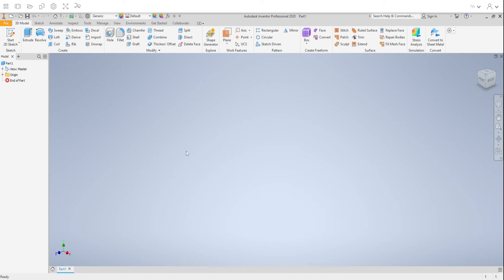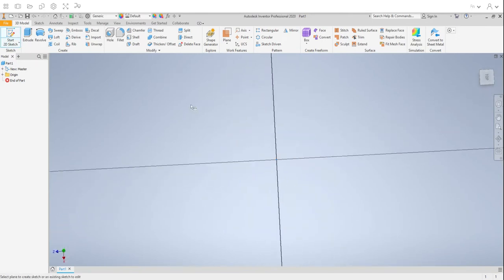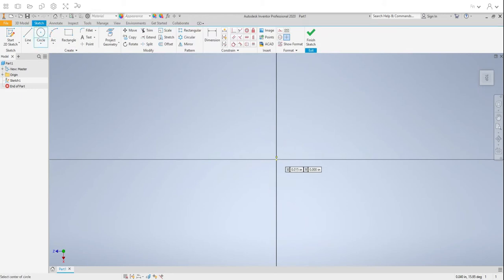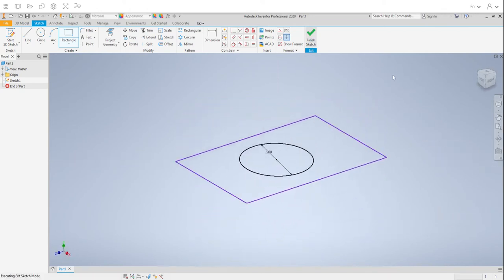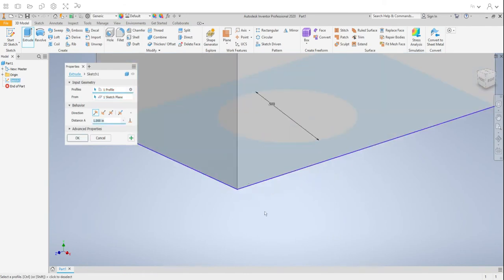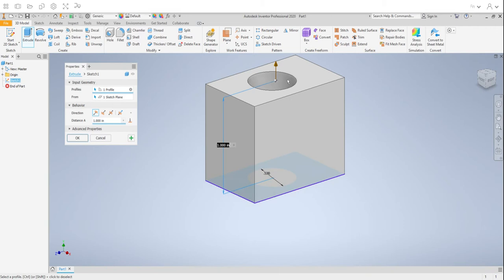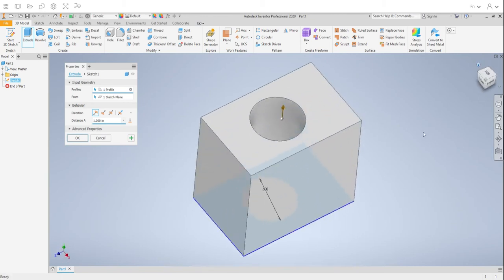All right, so we're going to discuss a couple different ways to make holes in Autodesk Inventor. The first way we did on part 1 of worksheet 3, and that is if we make a circle that has the diameter of the hole that we want, and then we can put that inside of another shape, whether that's a rectangle or a circle. If we finish this and extrude, we can extrude just the section that's outside of the circle. And so then what that will do is it will leave the circle empty, and that will make a hole